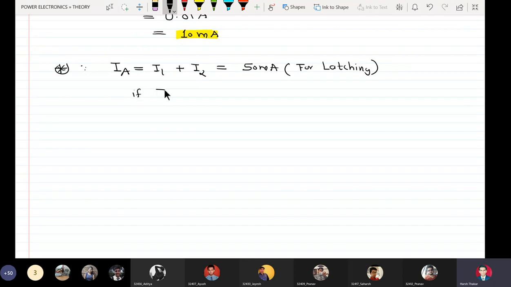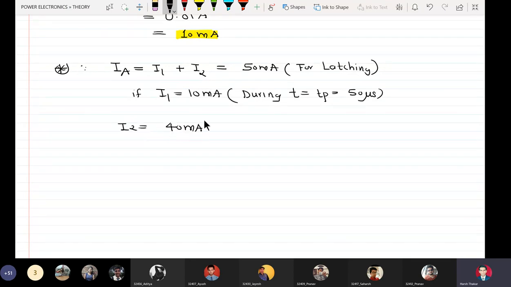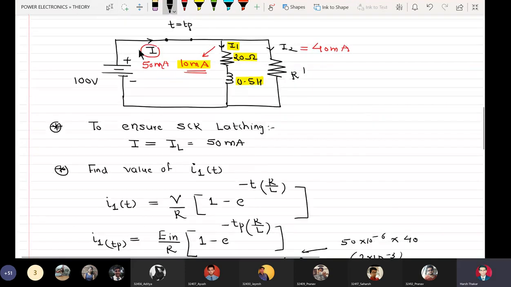If I1 is equal to 10 milliamperes during t equal to TP, which is 50 microseconds, then I2 should be equal to 40 milliamperes. Now we see here that this 100 volt is getting directly applied